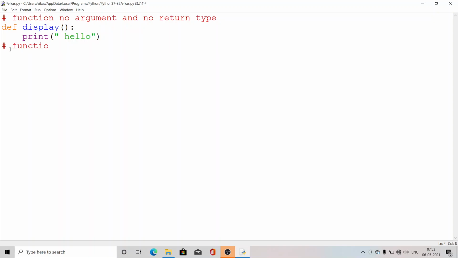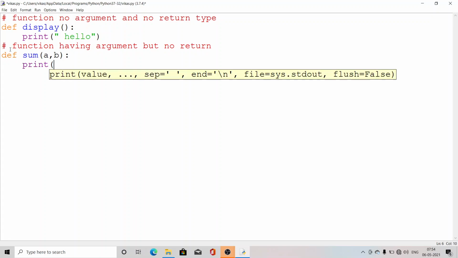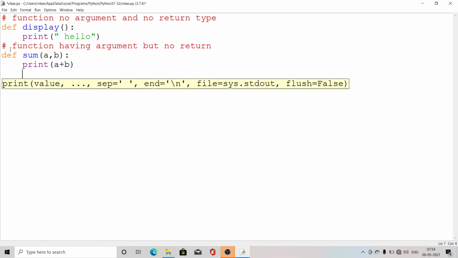Now, second, functions having argument but no return. Clear? So how will we define it: def sum(a, b). Later on I will tell you how to pass the argument. First you see the category, and then I will write here print a plus b. Clear?